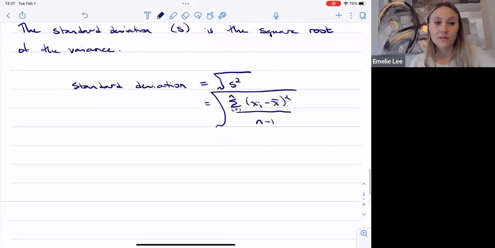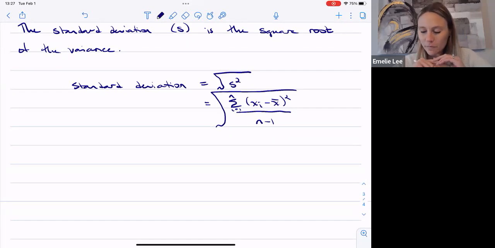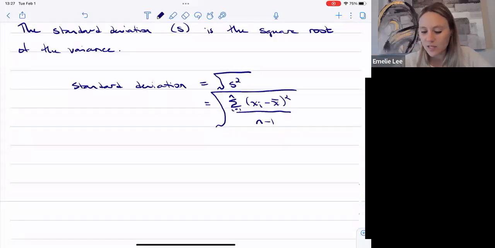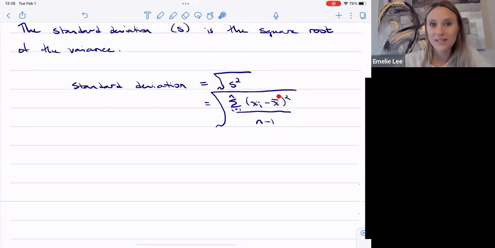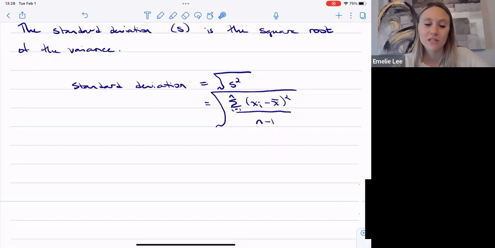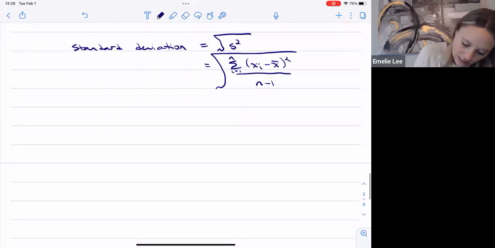So both the variance and the standard deviation are sensitive to outliers. I had to think of the word, which I had written down. Phew. So the variance and the standard deviation, as well as the mean, right? Those are all sensitive to outliers. So it makes sense because we're using the mean in our calculation. And so if the mean is sensitive to outliers, then of course the variance and the standard deviation will also be sensitive to outliers. So just like the mean,